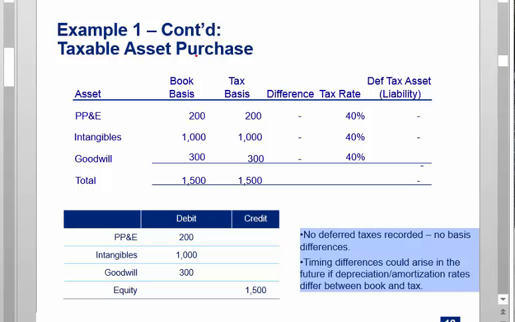So, if we were to acquire the target in an asset purchase, well, we wouldn't. But if we did, our tax basis in the assets should be the same as books, because when you buy a company in an asset purchase, the way that we would allocate our purchase price to the assets will usually closely mirror the way that books does it. And so the purpose of this slide is to show book basis, that's based on a fair value allocation. If we bought assets, taxable asset, our tax basis would reset too, so there would be no difference. But again, I told you we're not going to assume that those types of transactions happen.